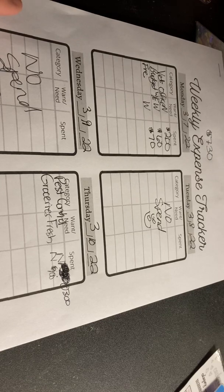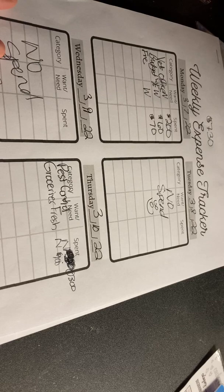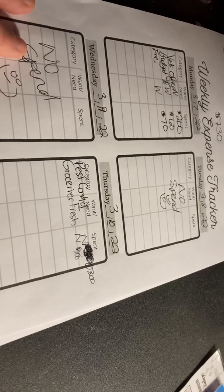I have Pest Control. I am with a brand new company that I absolutely love. They're going to start coming out next week. They're due to be back, I believe, on the 17th, between 2 and 4 here. So, we're going to get started on our Pest Control. It's a new company. It's somebody I wanted to switch to. It's a little bit more pricey, but I don't care. The initial